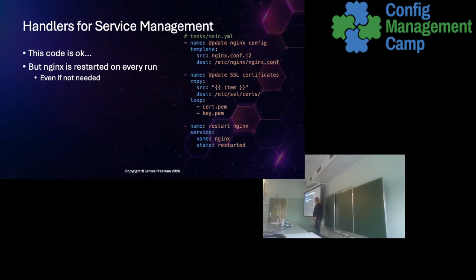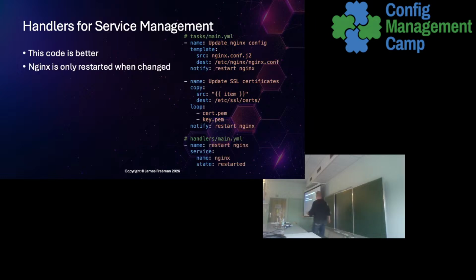What happens if these are already deployed? So somebody runs this a second time, and these two take no action. It still restarts the web server at the end. It's not the end of the world, but if you've got users who are connected to it, it's disruptive. It's also wasting CPU cycles, it's wasting time that you don't need.